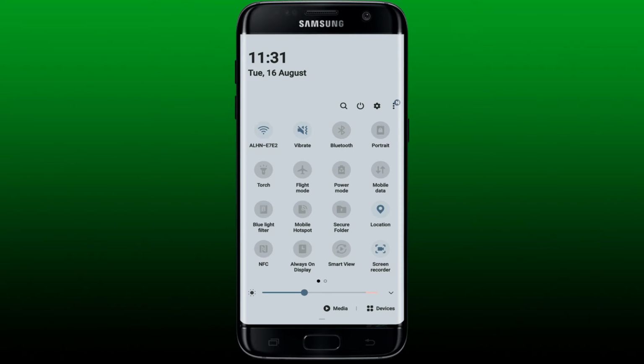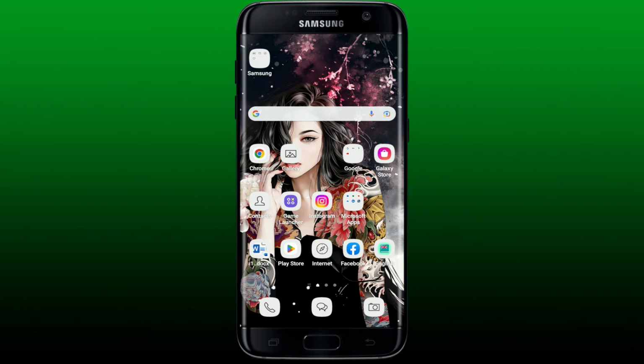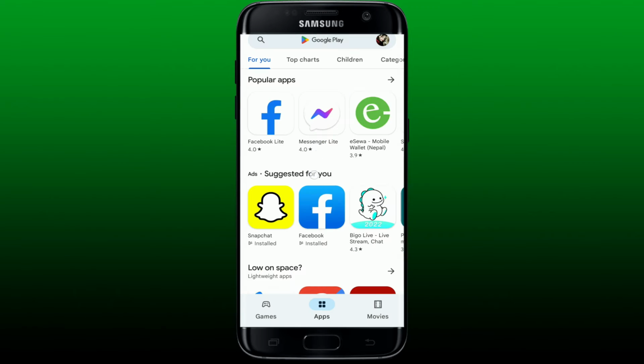If it is already connected but you're still having an issue, try turning on flight mode and wait for a couple of seconds. After waiting, turn off your flight mode and get connected to the internet again. Once you're connected, open up your Play Store or your App Store, search for